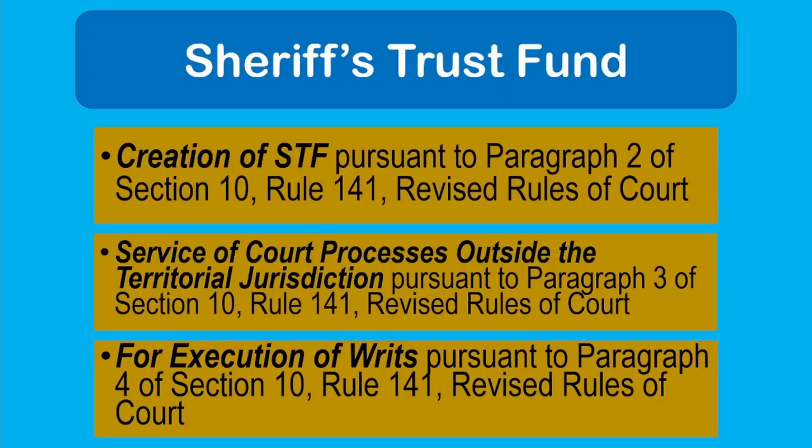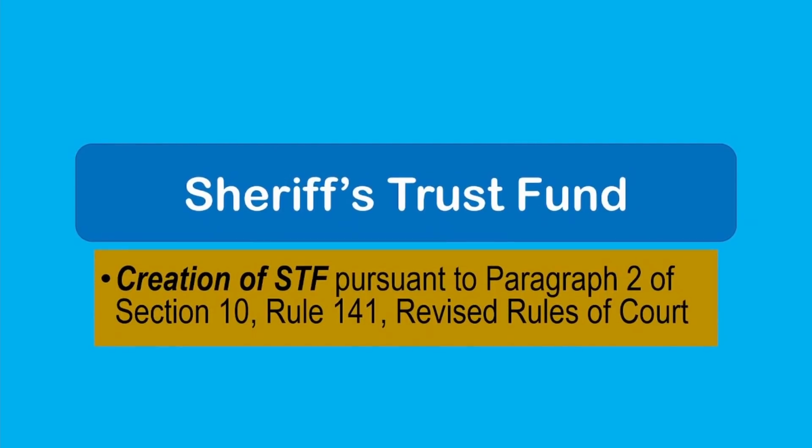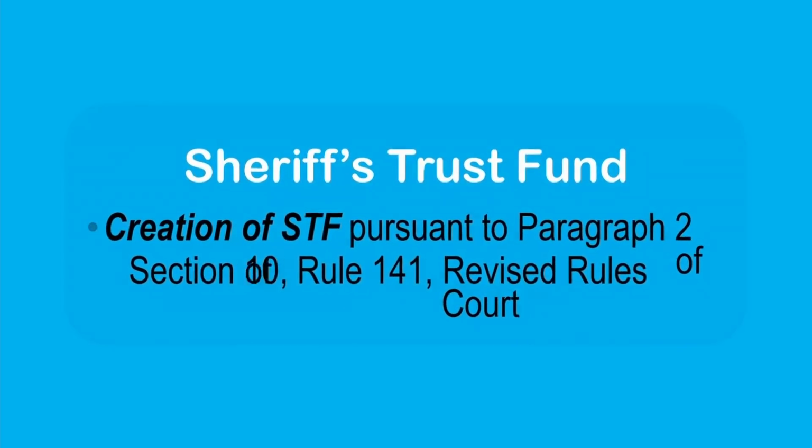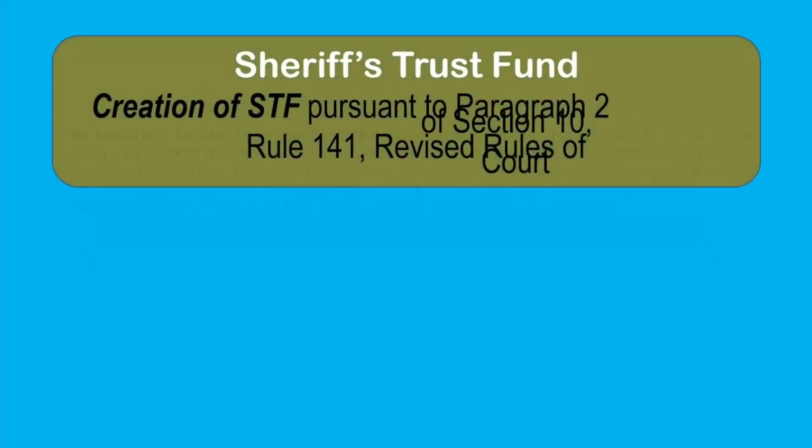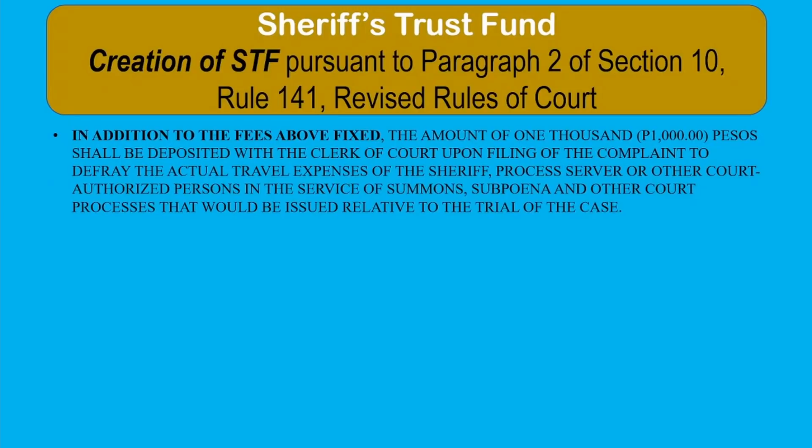Okay. So this video tutorial will focus on paragraph 2 only, the creation of STF, how the sheriff or process server can cash advance, liquidate, or use the reimbursement, or return the excess of the 1,000 if there's a final judgment. Okay. So paragraph 2 provides that in addition to the fees above fixed, the amount of the 1,000 pesos